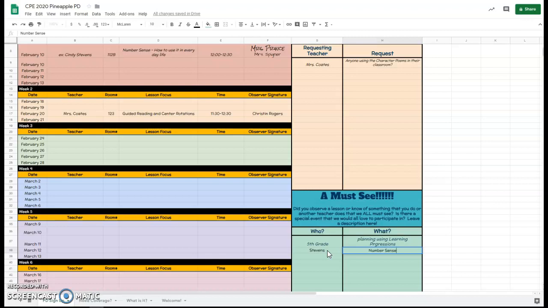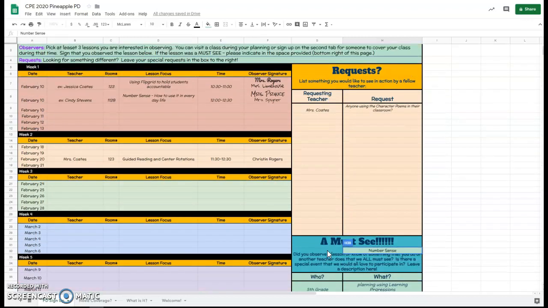It was awesome. Additionally, if you would like to see something but you don't see it on the chart, we have a place for you to insert a special request. If someone is using it, they can leave a comment by clicking right here, or they can scroll down here to a time where they want you to come in and watch them using it. For example, I said, anyone using the character poems in the classroom, pretend you're doing that for morning meeting. You can either comment and say, hey, step in and see me. I'm going to be using that for morning meeting this week. Or you can just go ahead and sign up on this board for everyone to come in and see you.